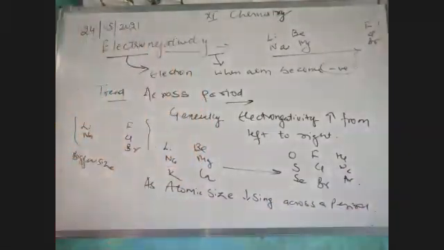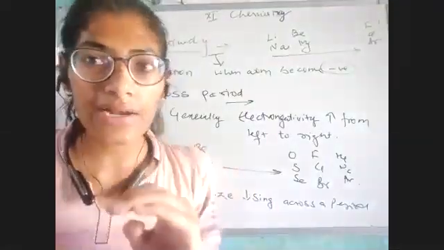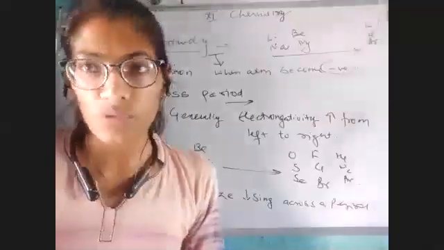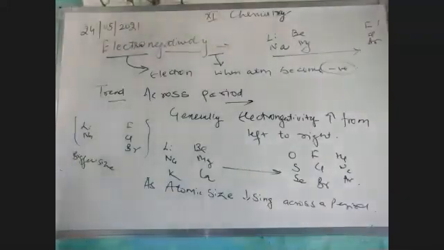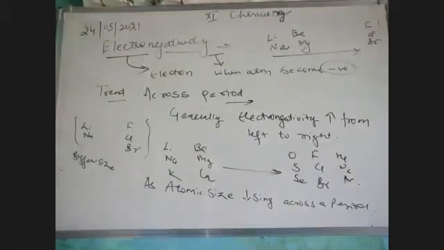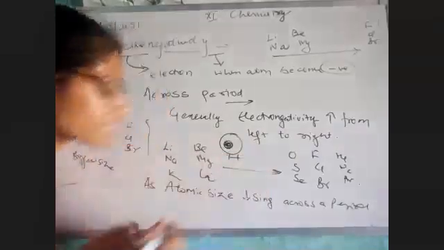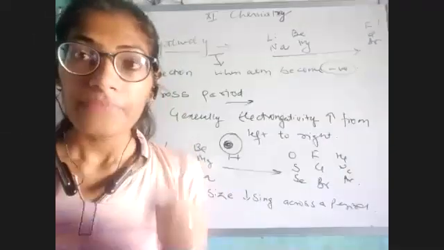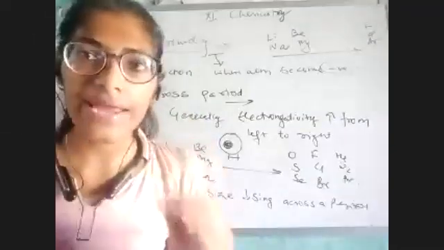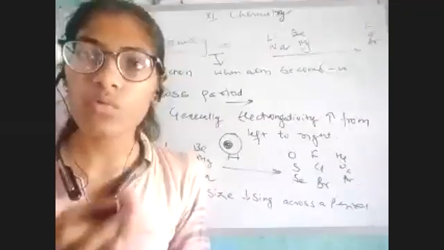what's happening? Whenever our size is decreasing, that means nucleus and electron, they are sharing close proximity. जब भी मैं बात कर रही हूँ कि मेरा जो एटम का साइज है वो बहुत कम है, तो उससे क्या होगा? हमारा जो न्यूक्लियस है, suppose this is my nucleus and my electron, they have the closest distance. उनके बीच में distance बहुत कम है. Distance कम होगी तो क्या होगा? Nucleus can easily attract an electron towards itself. The attraction between the nucleus and the electron would be maximum.